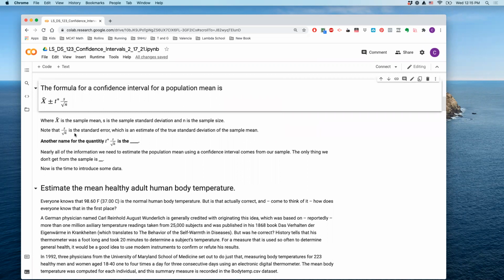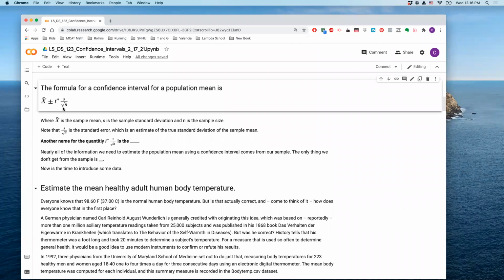So if you want to tattoo something on your arm to go along with this, and the other things are hypothesis test tattoos that you could get, it is bigger sample size is always better. I mean, this is really kind of like getting in the weeds a little bit to explain how it all works. But at the end of the day, if you ever have any question about a sample size, think about whatever the good thing is that you would like to have happen, and bigger sample size always goes along with whatever that good thing is. So in this case, bigger sample size is going to mean a smaller margin of error. We're going to have our interval squished in towards the population mean.